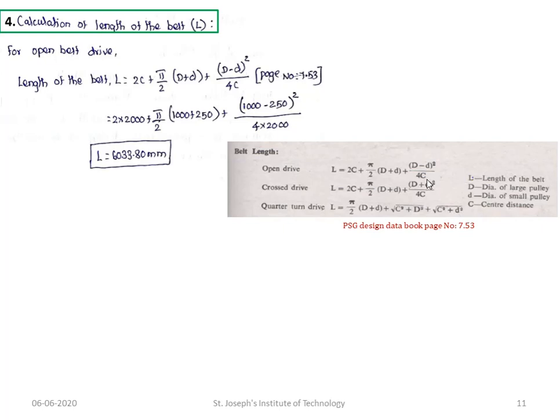Here we don't need to standardize the length, because this value was calculated keeping in mind all the remaining values. If you standardize the length, it will affect the center distance, and if we alter the center distance, it will affect the whole design. So leave the value as it is. Finally,